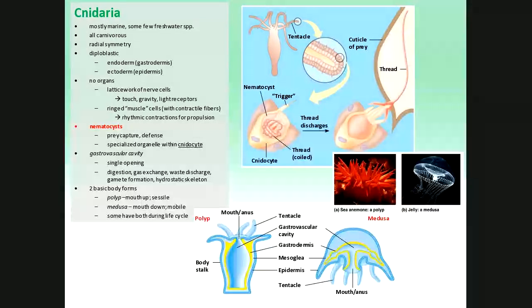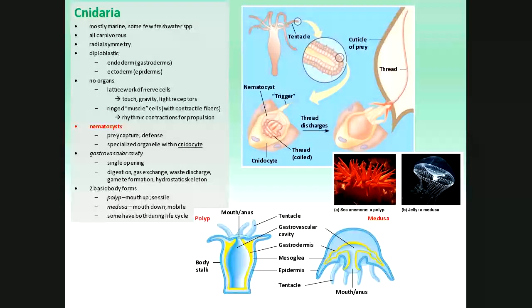The endodermis is going to become, specifically in them, the part in the yellow in the picture down below called the gastrodermis, which, if you look at that word, you can see is part of the digestive system, right? That's where the digestion is going to occur in the gastrodermis, or the gastrovascular cavity surrounded by the gastrodermis. And the outside's the epidermis. No organs in these folks yet. We've got the beginnings of tissues, but they don't quite have organs.